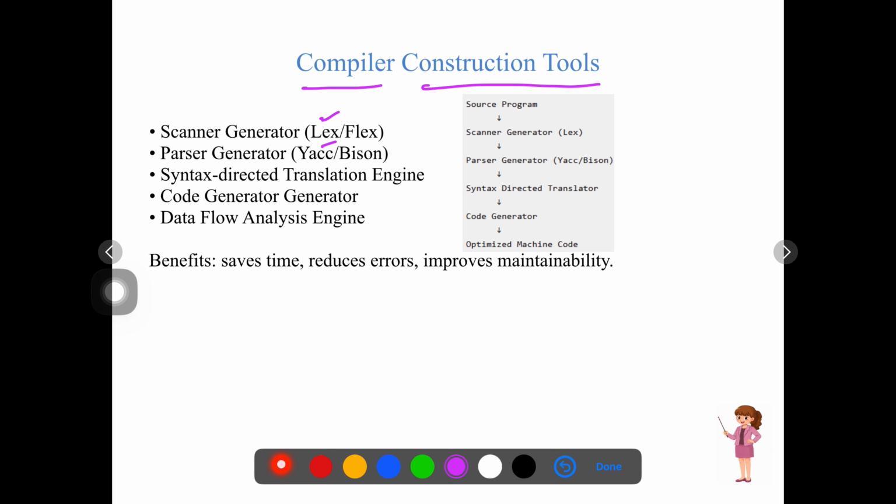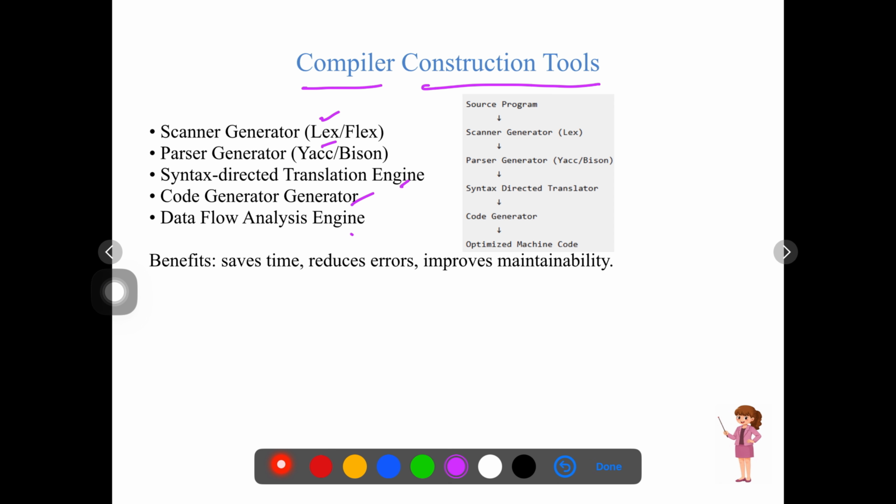Syntax directed translation tool generates the intermediate code. Code generator generates the machine code. Data flow analysis engine helps in code optimization. These tools reduce the manual coding effort and improve the accuracy. Let's move on to the